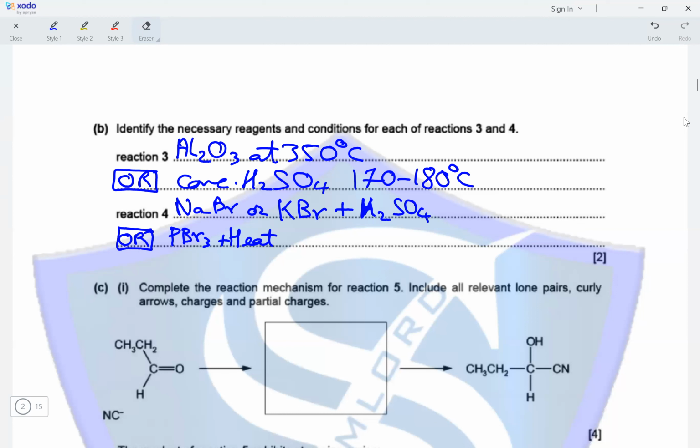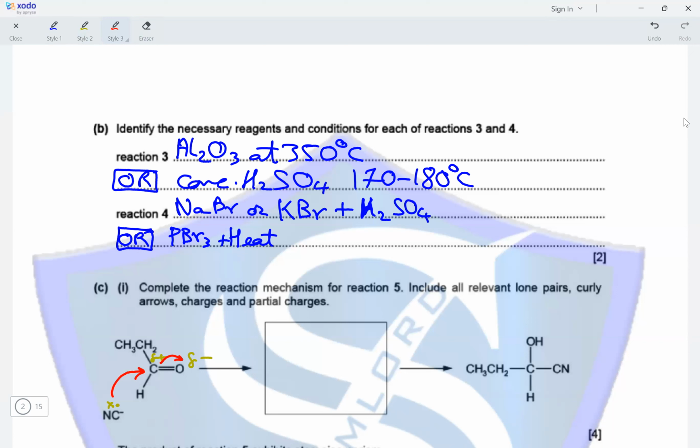Complete the reaction mechanism for reaction 5. Include all relevant lone pairs, curly arrows, charges, and partial charges. So this is nucleophilic addition. So we have presence of partial negative and partial positive charges on the C double bond O group. We have presence of a lone pair of electrons on the carbon atom in CN. This lone pair of electrons gets attracted towards the positively charged carbonyl carbon, which results in breaking of the C=O pi bond, and this produces